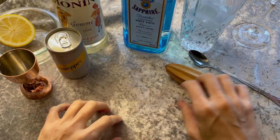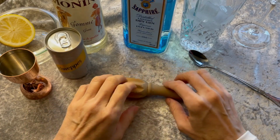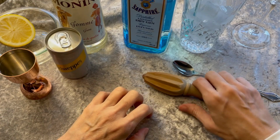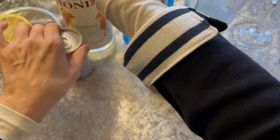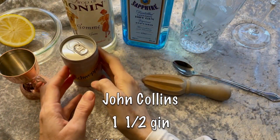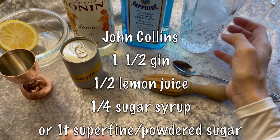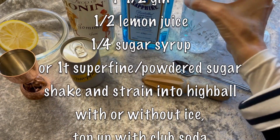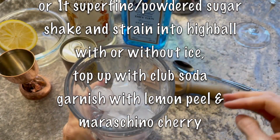So to make our World War I related aviation style cocktail, we're going to use some gin, some syrup de gomme or sugar syrup, Schweppes soda water, lemon, and ice. So we'll start with our iced shaker,